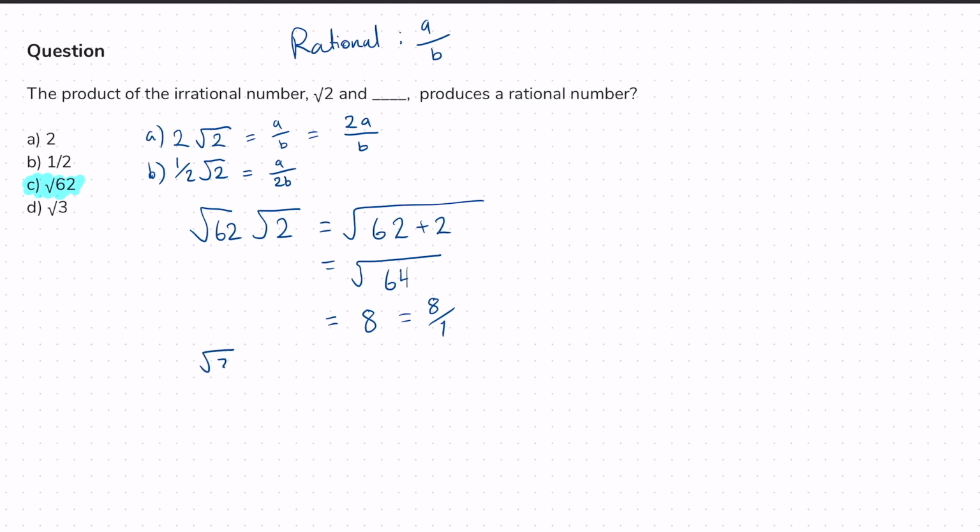The square root of 3 times the square root of 2 is equal to the square root of 3 times 2, the square root of 6, which I know is an irrational number. I cannot express that as a fraction A over